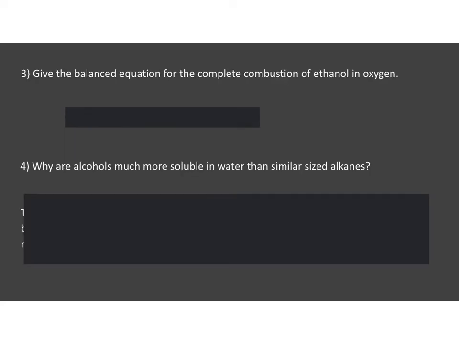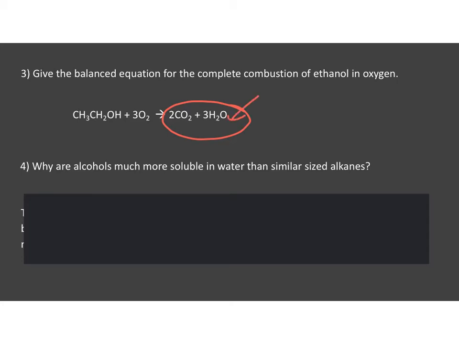So we're now going to burn some ethanol in oxygen. So key thing to remember here is, of course, ethanol contains oxygen. When you balance this equation, you form carbon dioxide and water. So you balance your carbons out. 2 carbons means you get 2 carbon dioxides. You have 6 hydrogens in your ethanol, so 3 H2O. And then if you have a look carefully, you're going to have 7 oxygens on this side, which means you have 6 for your oxygen here,